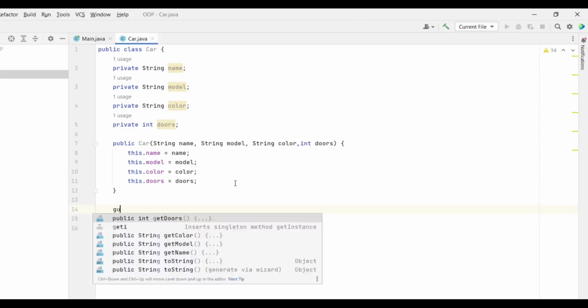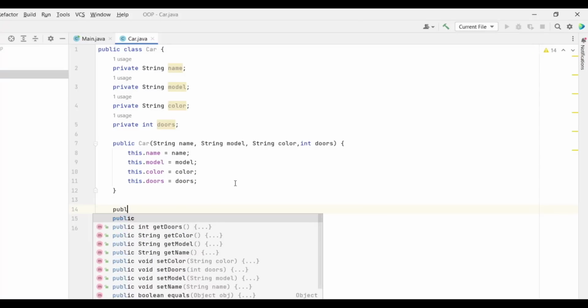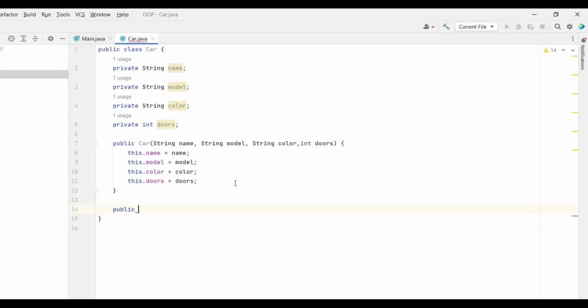So I'll type public, and this is a method because it's part of a class. So methods are part of a class, not functions. So I'll type public void. I'm gonna call it, let's say, move. I'm gonna put parentheses and curly braces, and we're gonna put here SAUT, and we'll say the car.